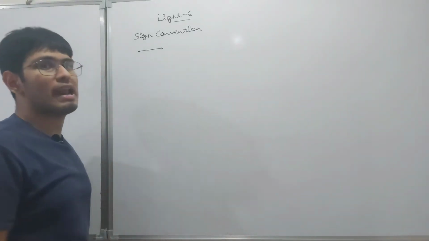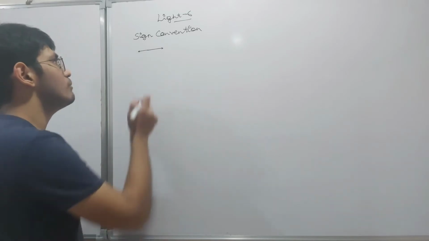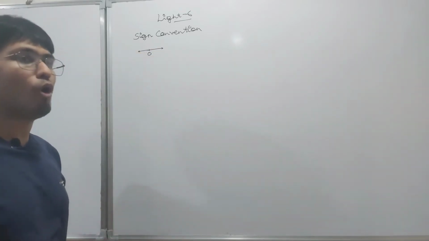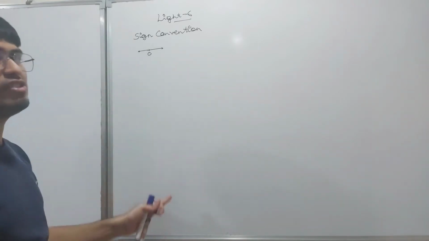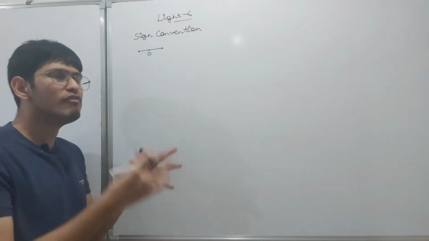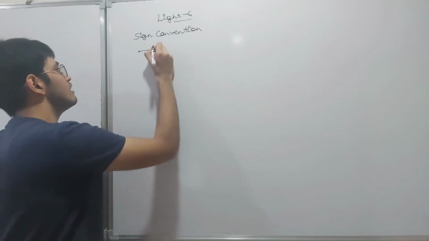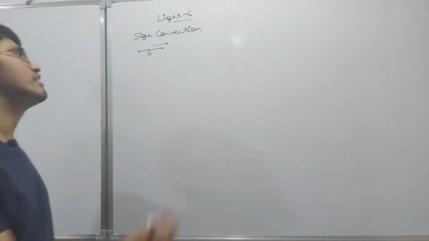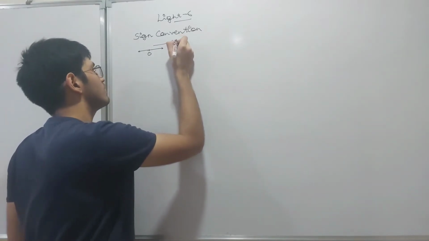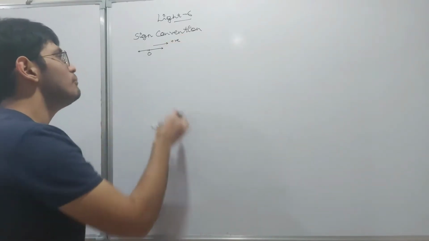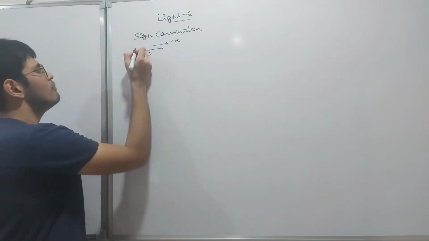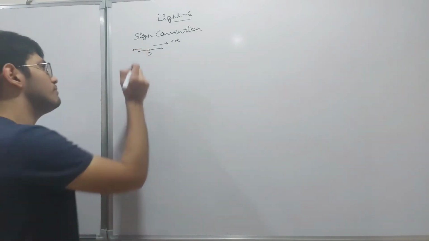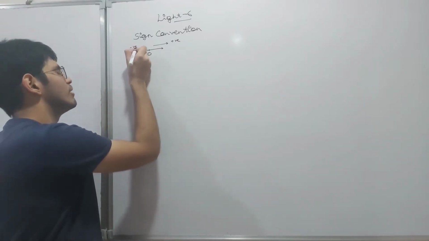Now in a number line we always have a center point. Okay, this center point is named as 0. This is the point of reference of a positive quantity or negative quantity. If there is any number which is on the right of the 0, that will be treated as a positive number. Okay, like 1, 2, 3, 4, all these are positive numbers, and the numbers which are on the left of 0 are basically negative numbers.